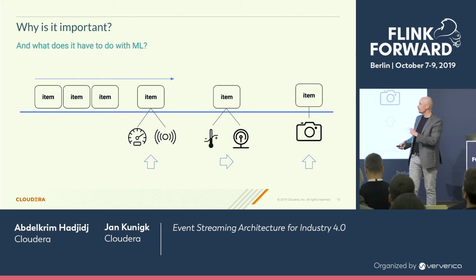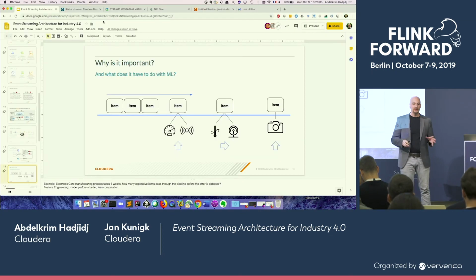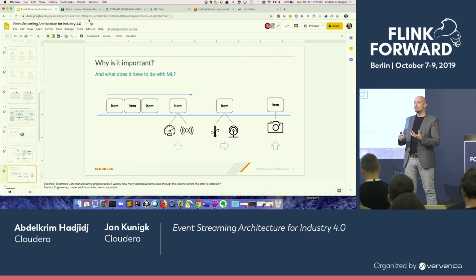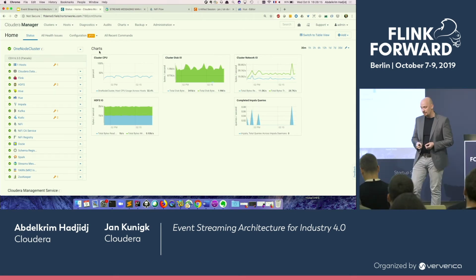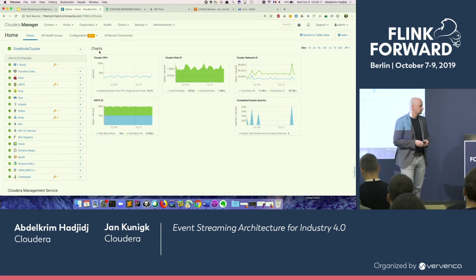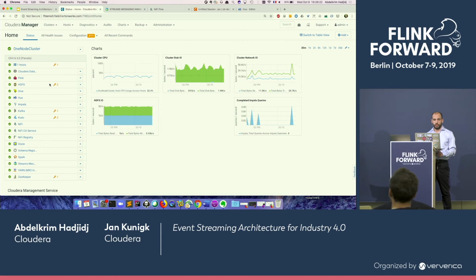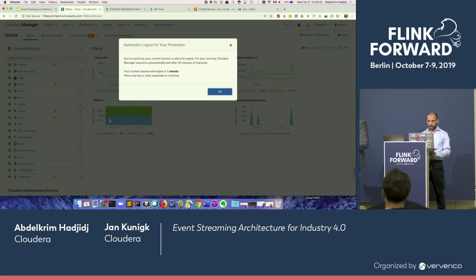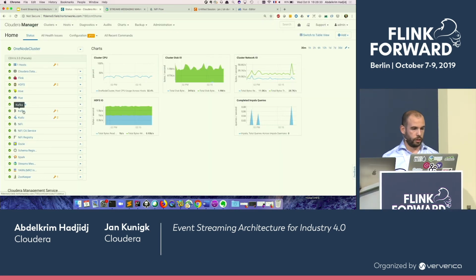So first of all, we want to show you how we set up the whole data collection, the substrate that we need, that Abdel was talking about, in order to do this real-time analytics with Flink, but then also machine learning and deploying this knowledge and the model back into the pipeline. So for the demo, we are using a Cloudera cluster, which is a data platform with different tools. As you can see, we have Flink deployed, we have NiFi here, and we have Kafka as well.